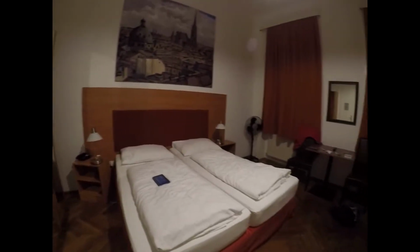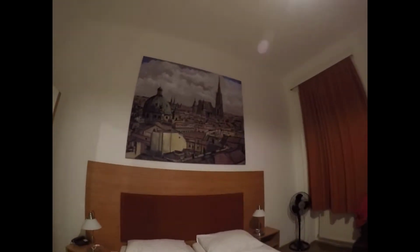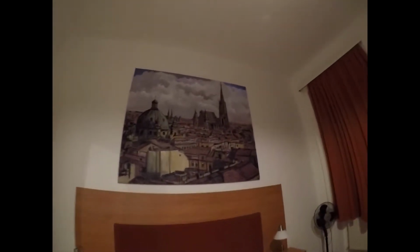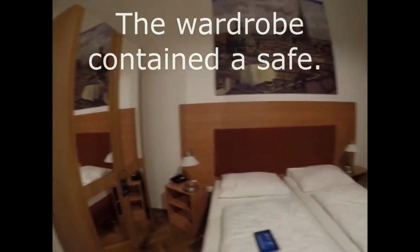It's actually for 3 people, this room. It's got a double bed. It's got this really nice painting of, I believe, St. Stephen's Church up here. And just the usual, we've got the wardrobe, bedside table,